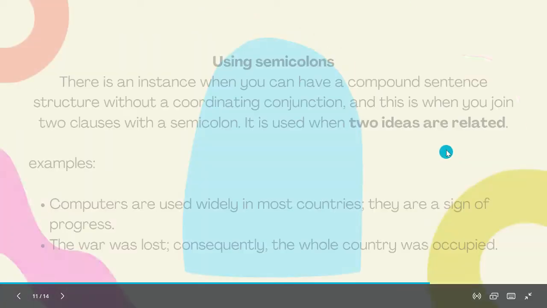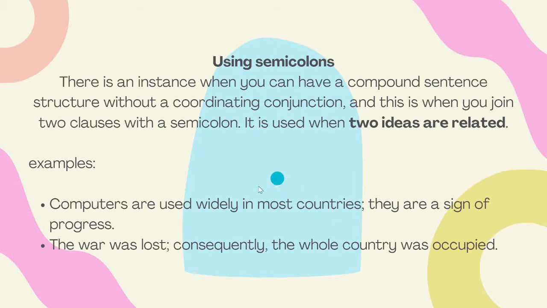Okay, next, using semicolons in compound sentence. Besides fanboys, we can also use semicolons. There's an instance when you can have a compound sentence structure without coordinating conjunction. This is when you join two clauses with a semicolon. It is used when two ideas are related. Okay, for examples,